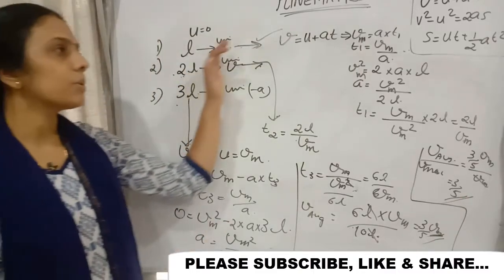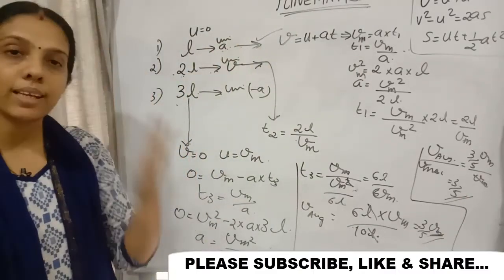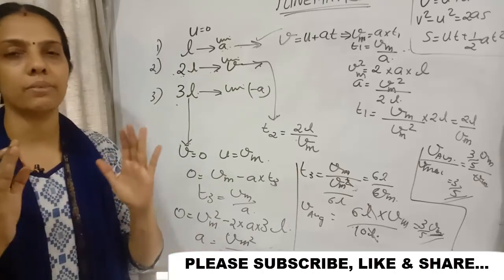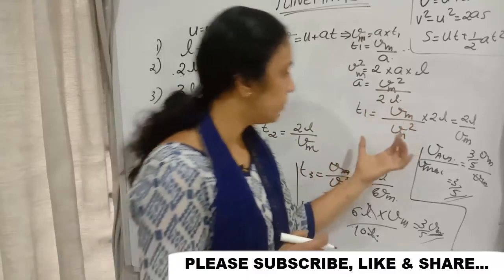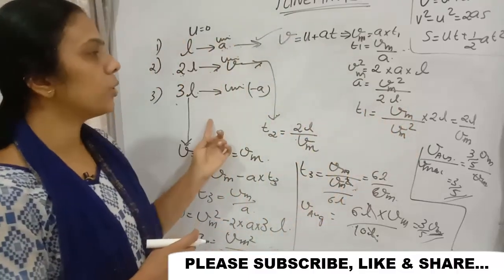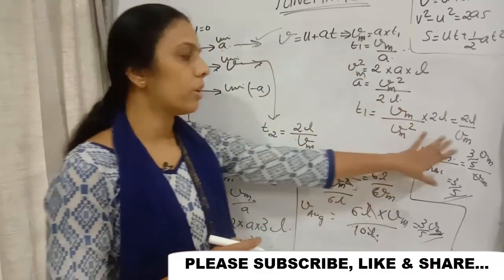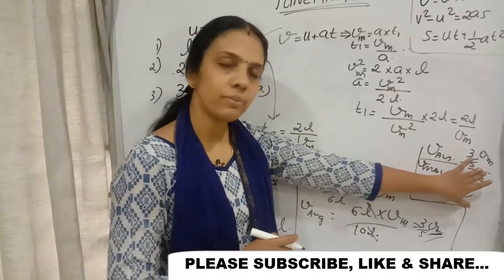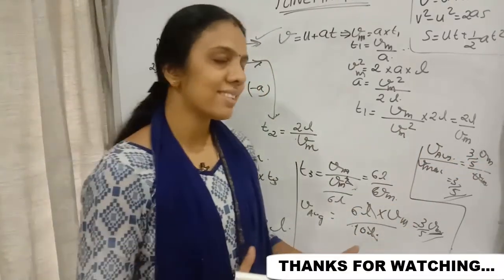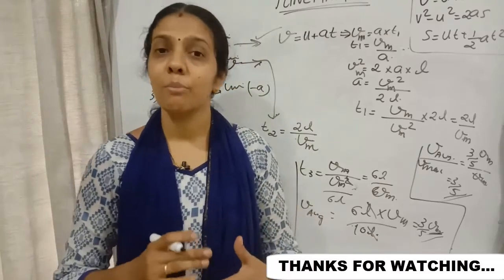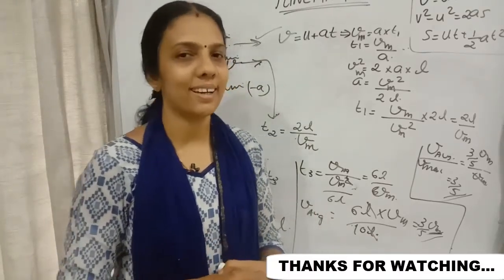Clear, children? So this is how we will be finding it. Average speed means total distance travelled divided by total time. Here we got the total distance travelled, which is given. The total time we found out, and found the average speed, and the ratio is given. Today's numericals are a little bit tricky and more useful, I guess.